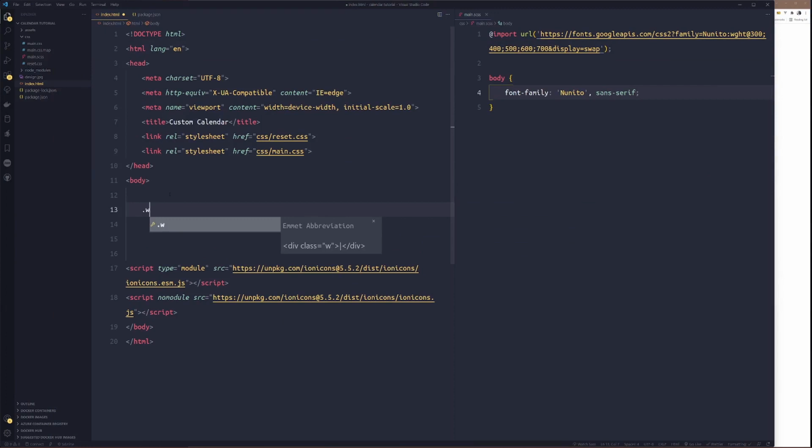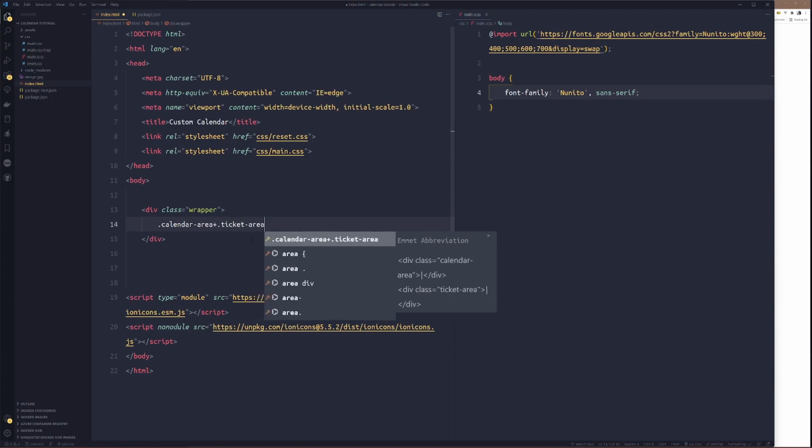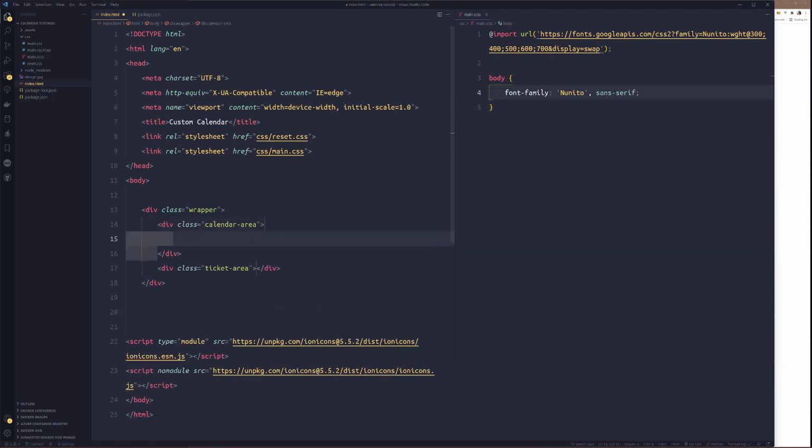I'll type wrapper, and I use Emmet here just to make my HTML markup faster. So I'll type wrapper, then inside the wrapper, I'll type two classes, calendar area and tickets area. All right.